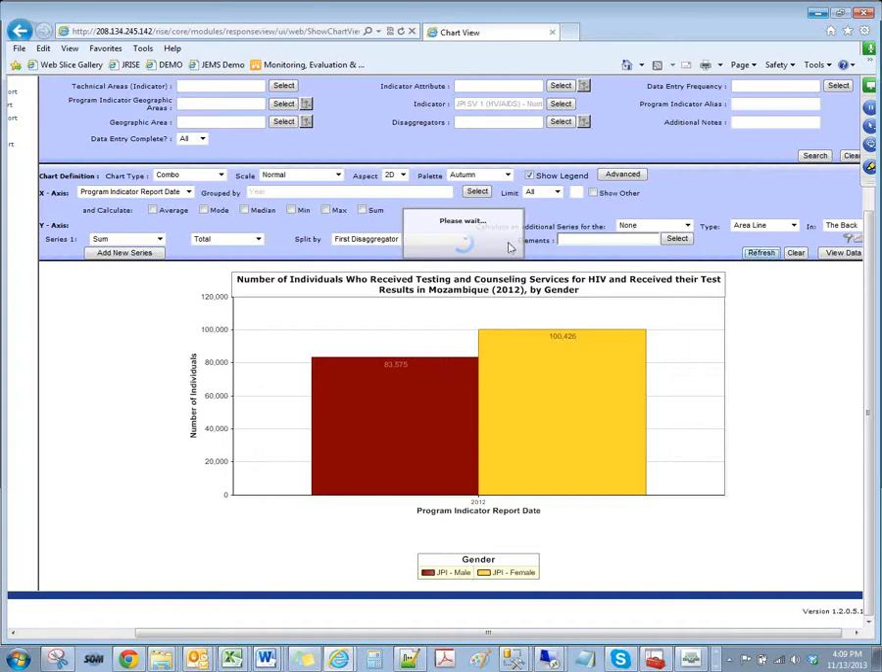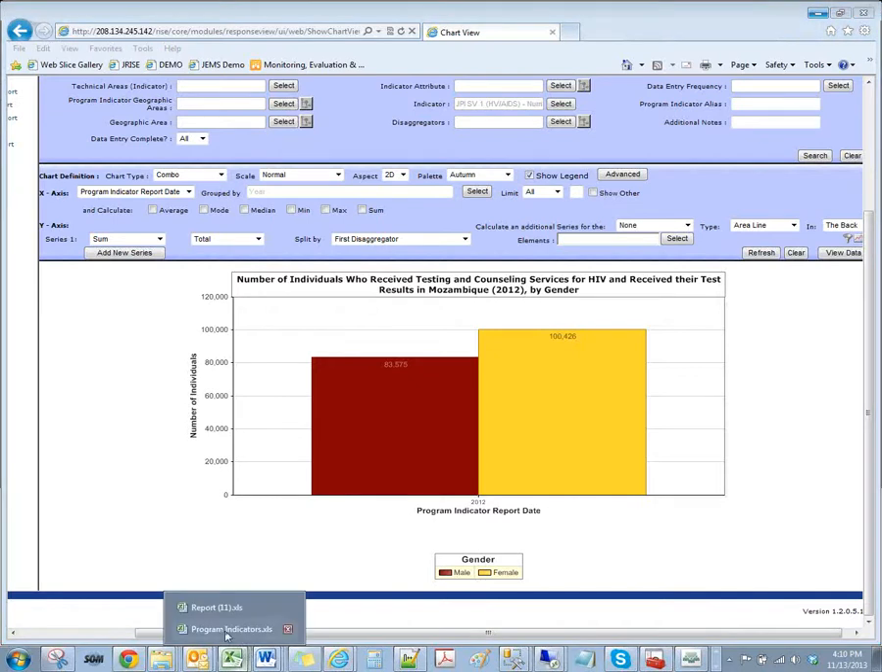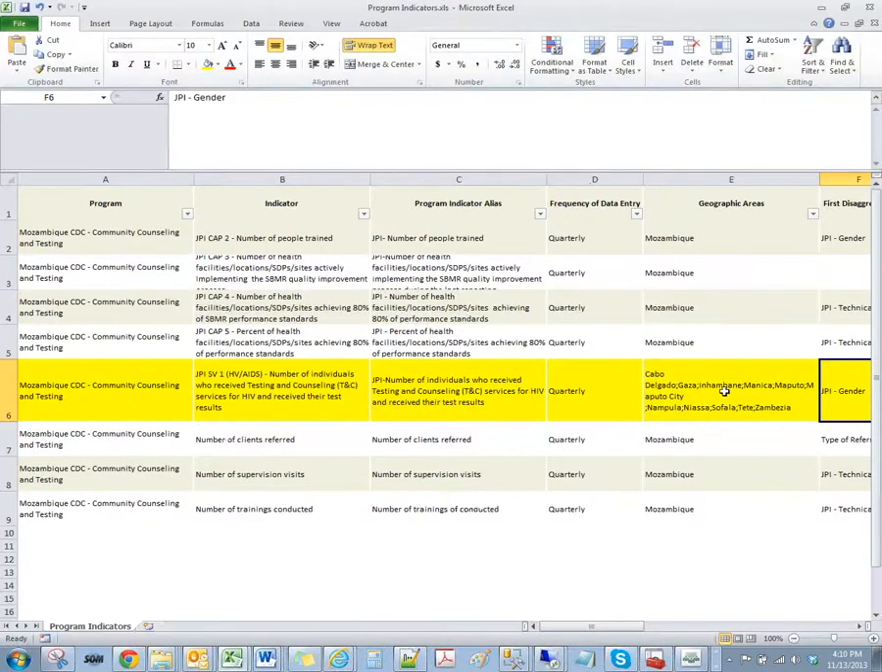It's taking some time to refresh the chart, which is normal. Okay, so now we have changed the alias. Now if we further want to break down this chart based on the geography, right? So if you want to refer back to the Excel sheet, see how this indicator for this program is actually broken down by geography, right? So if you want to break it down by geography,